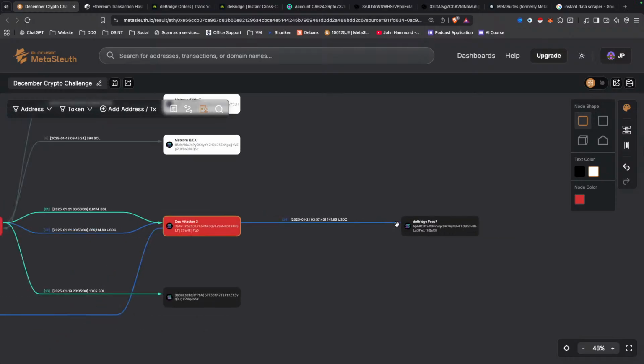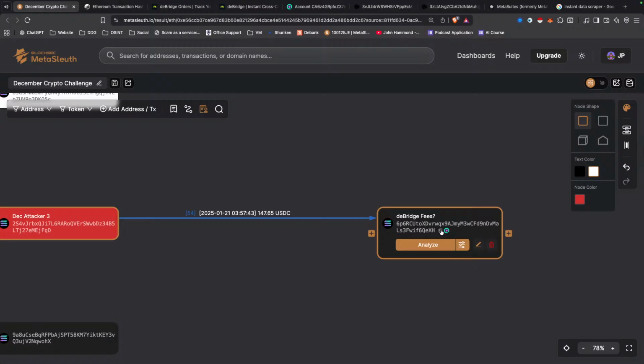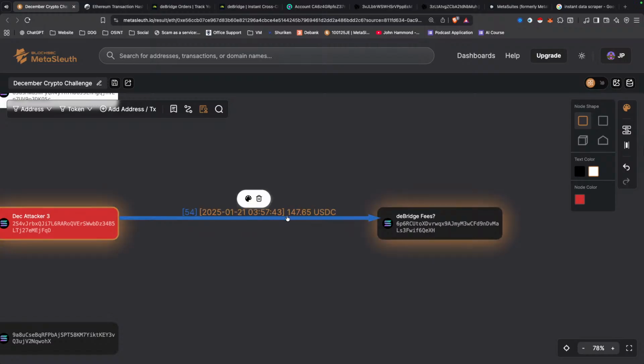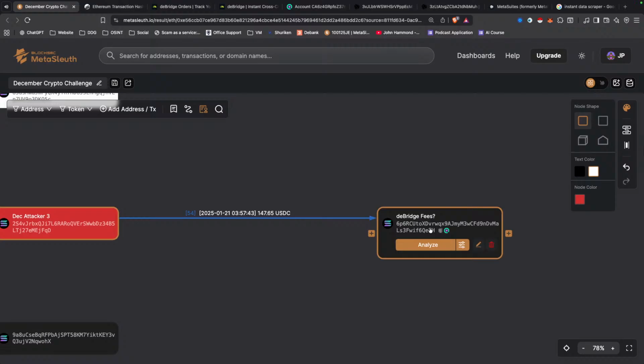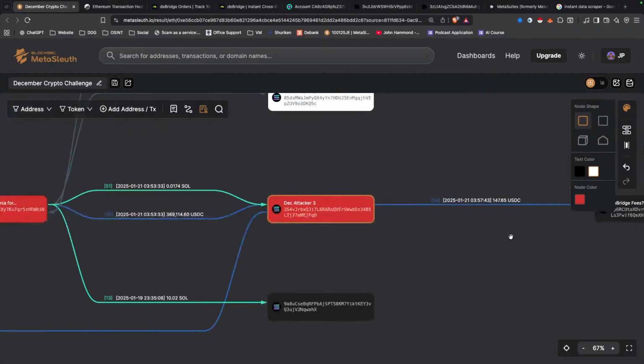So if you get an address that's not labeled, Google it, put it in Arkham, use Spectra, whatever you need to do to find out what this address is, because it's USDC right now, but if this was Solana, maybe this could be a different related attacker address, right? But having done the research, I'm pretty comfortable that that is deBridge fees, okay?